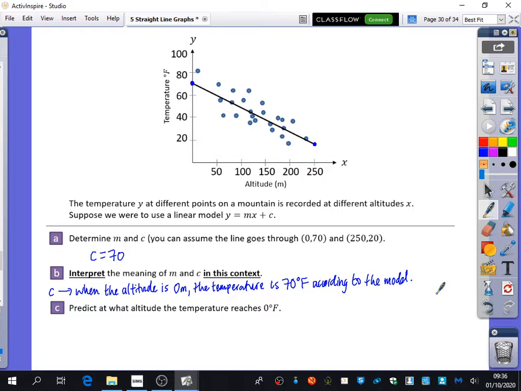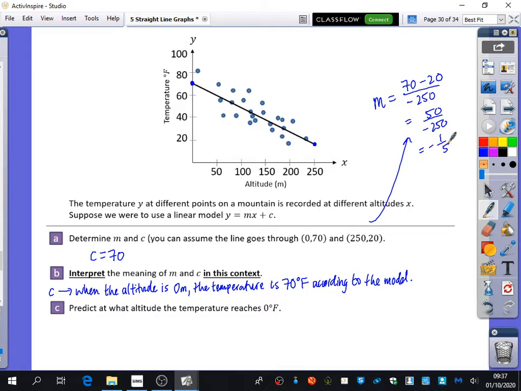And if I wanted to find out what m is for this particular bit that I've got here, how would I find out m if it's going through these two coordinates? Someone just tell me what the calculation would be to find out what the gradient is. Change in y, so I can do 70 minus 20, and then you do 0 minus 250. So that's 50 divided by minus 250, which is